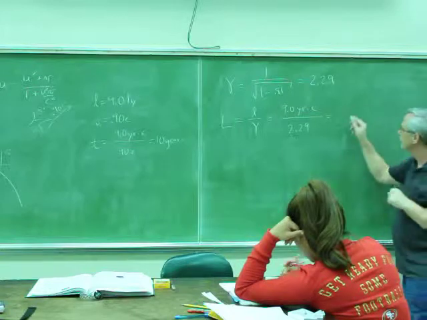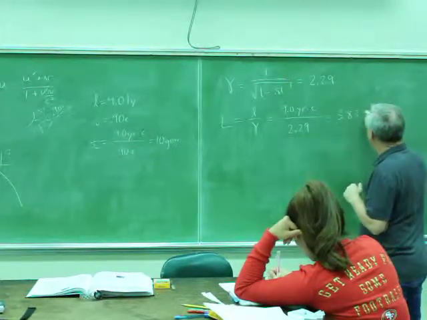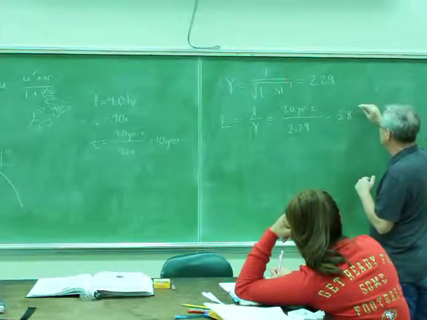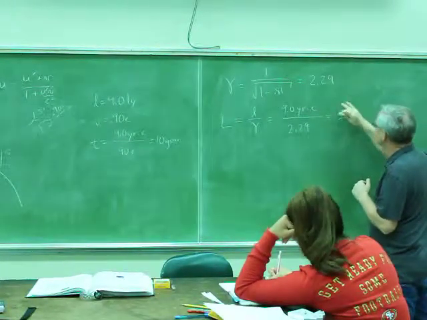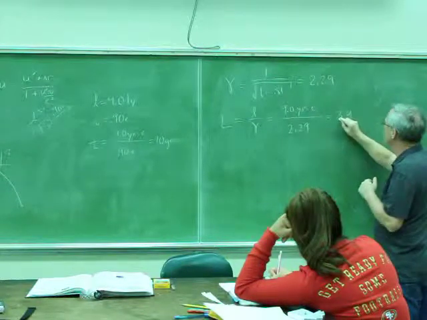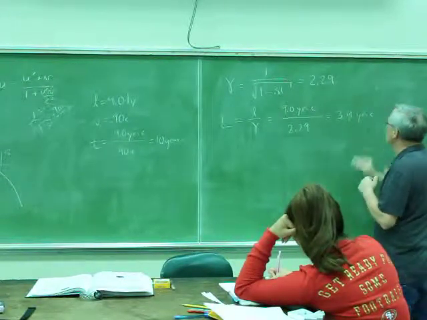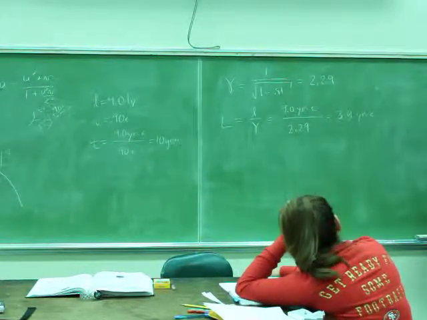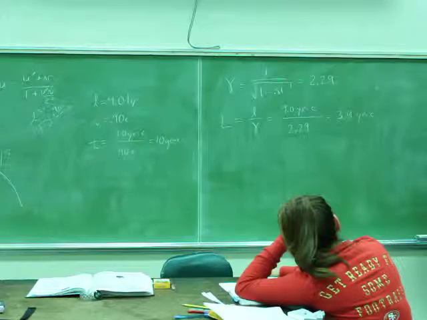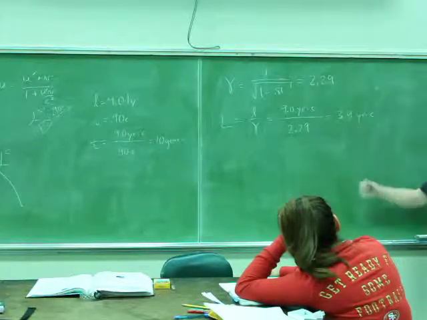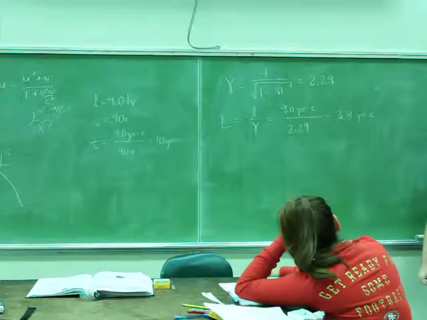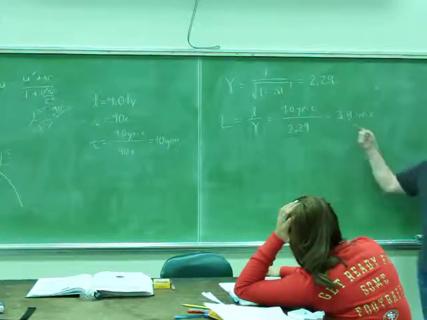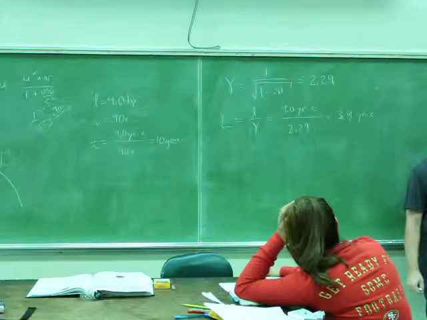3.9. 3.83. Is that what you said? 3.9. All right, I'll stay with 3.9. All right, so 3.9 light years. Okay, so I've got that distance. That's looking good. But I'm on the ship, and I want to find out how long I think that's going to take. So if this is the distance I travel, how fast do I think the star is moving? I think I'm sitting still, but the star's got this much distance to travel, and it's moving at 0.9 c.